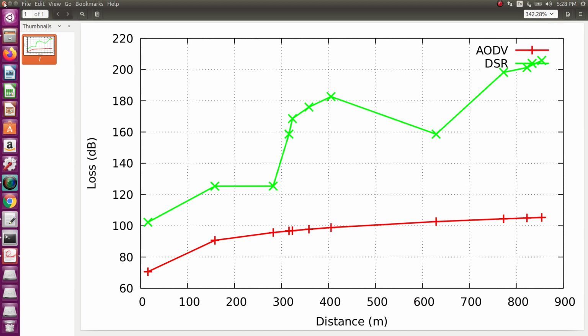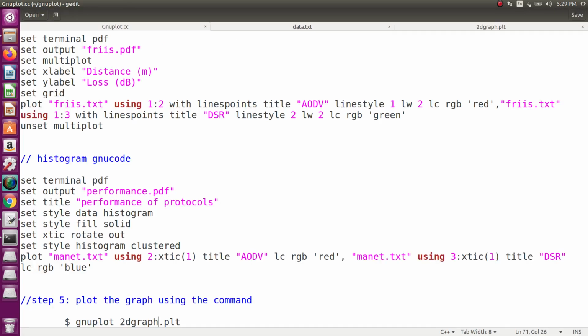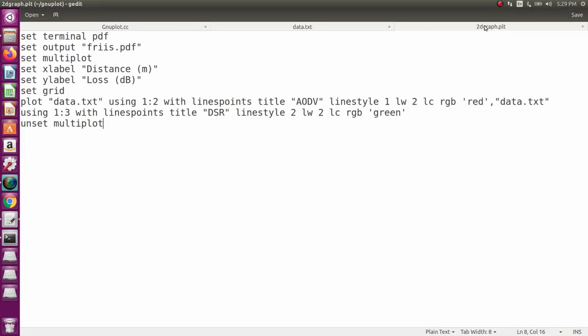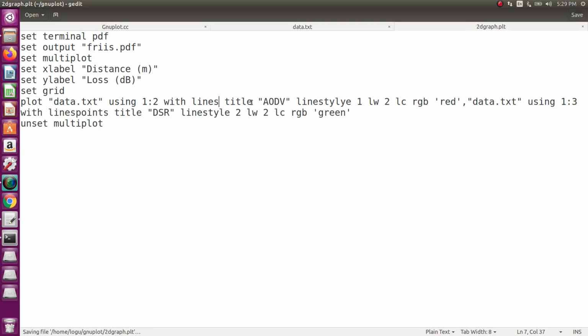Like that you have to compare different graphs. You can generate graphs. So these are basic 2D graphs. For example, this is your data. I want to draw only lines, so you have to delete the points from lines points.